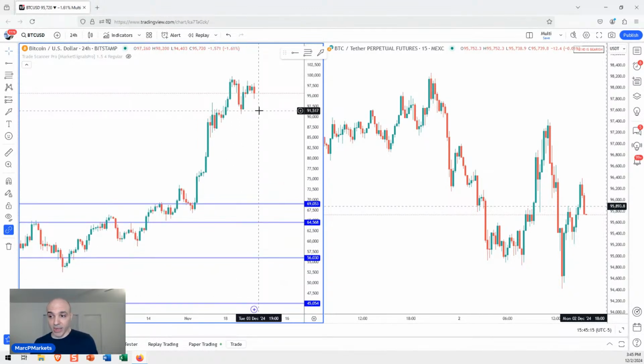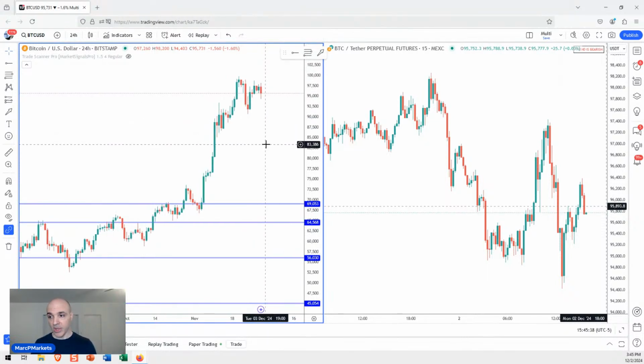But if you're looking to make 1,000 points or 2,000 points, that's within reason since 90K or high 80s is much lower from here. What are we at now? 95.7. So you're looking for a move of 5,000 points lower. That would be the consolidation low, and you're trying to pull 1,500 points out of that. That's within reason. But again, that's the swing trade mindset. All right. So that's Bitcoin.